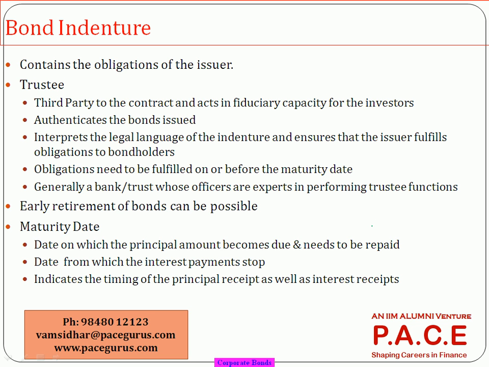Just as a quick start into this chapter, every bond has what is called an indenture. Indenture is more like a prospectus, right? It has the full-fledged details about everything about the bond. See, a bond is like a borrowing. Issuing a bond is like borrowing something. So what are the obligations of the borrower? When, and how much, will he pay at what point in time? All these things are captured as a part of the indenture.